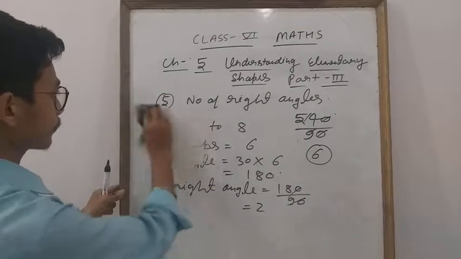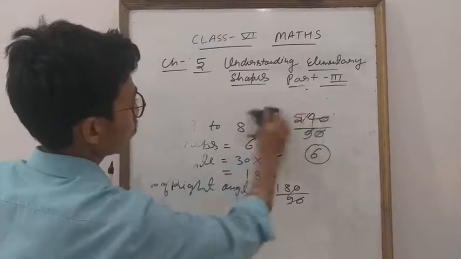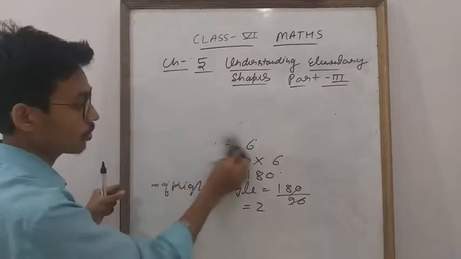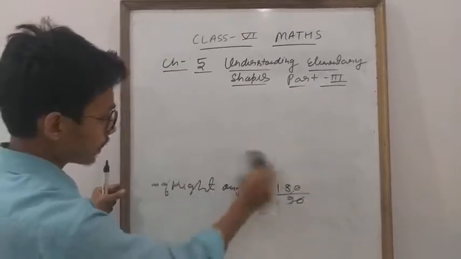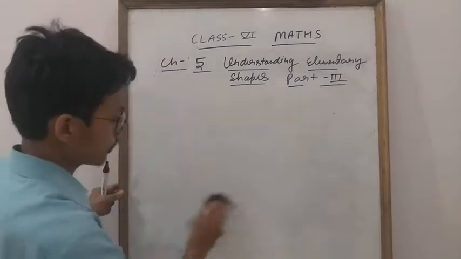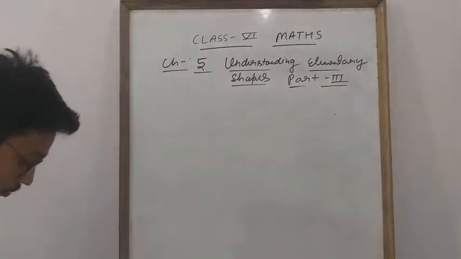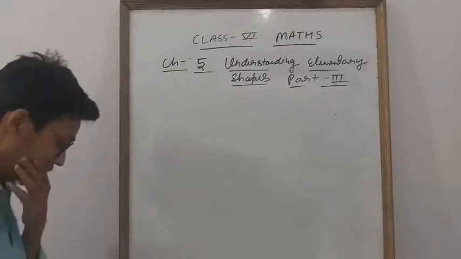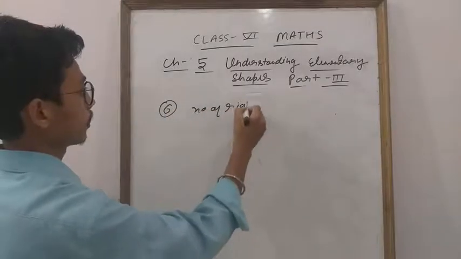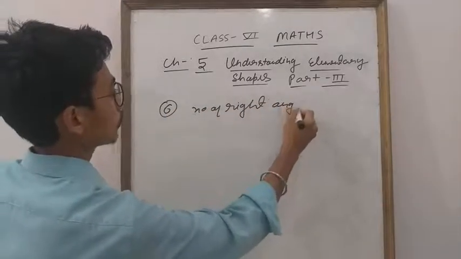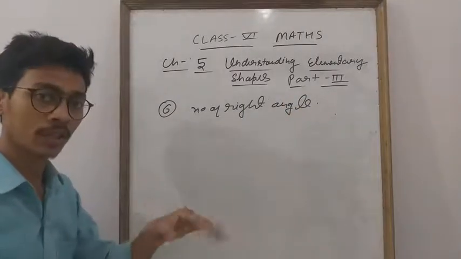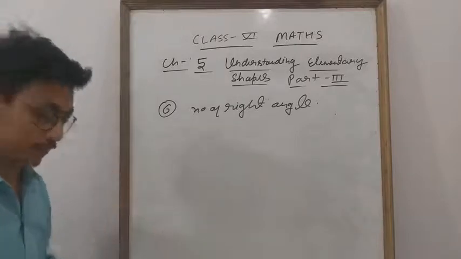Now we will discuss question number 6. What is given in question number 6? What is the requirement of the question? All questions are very important, student. You have to do all the questions very carefully, as well as NCERT as well as MLLR. So now we will move to question number 6. Okay. Now 6: how many right angles do you make? Again, number of right angles. See, when you solve this question, na, after understanding the concept you will feel it is very enjoyable. Clear everyone? So do all the questions.